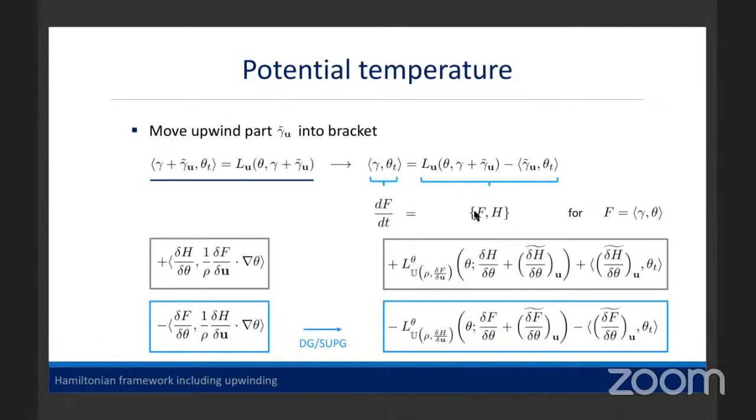Now, originally, without any upwind stabilization, the corresponding bracket term looks like this in the small blue box. I have flux over rho, that's u, so u dot grad theta, in other words. But now I'd like to have this instead. So I just take my Poisson bracket term and replace it by what I need to arrive in the end of the day at this term. So I have my advection operator L, and then I have this gamma twiddle d theta dt contribution here. And now instead of test functions gamma, I have dF/d theta, and I have some kind of advecting velocity here. So now I have this upwind stabilized term in my Poisson bracket,